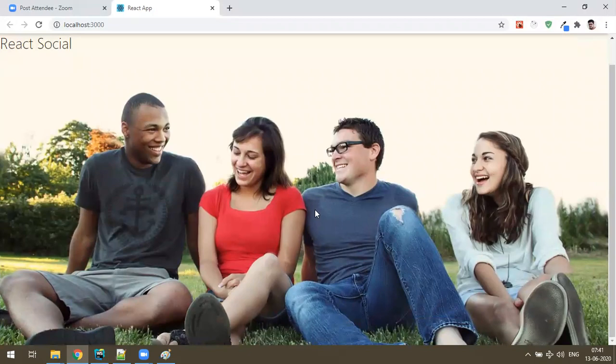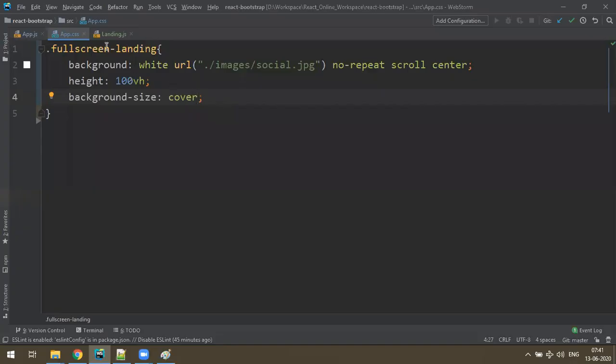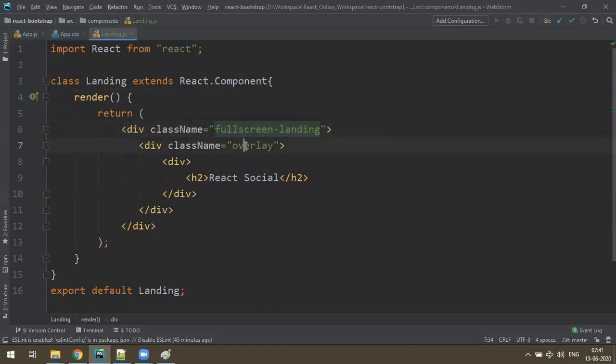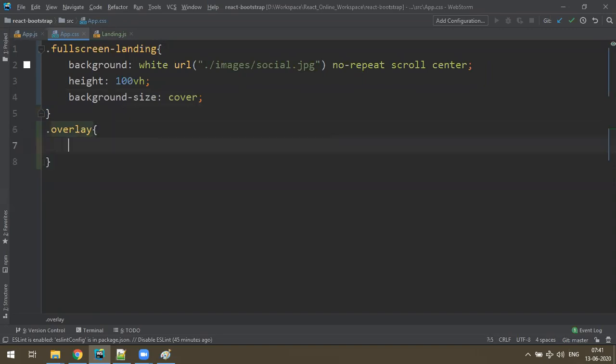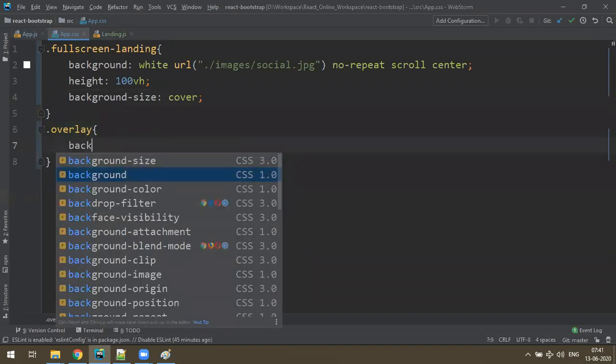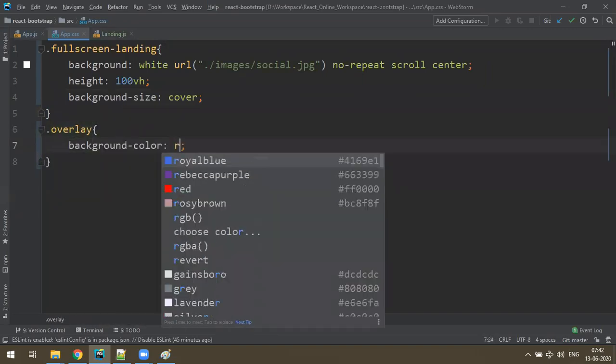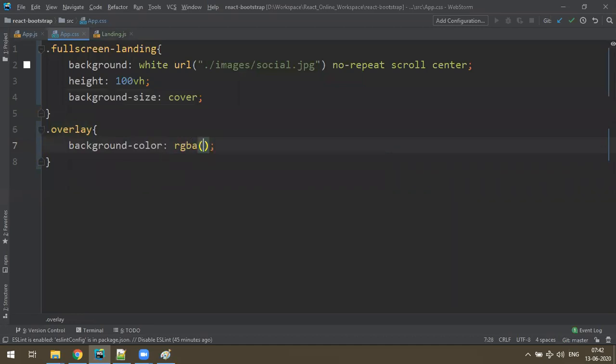Now I don't want this much brightness of the image. I want to give some nice overlay on top of it. So we have taken an extra class called overlay. So for overlay, .overlay, I'll give some transparent background color. RGBA is for transparent, so 0, 0, 0 black color with 0.5.